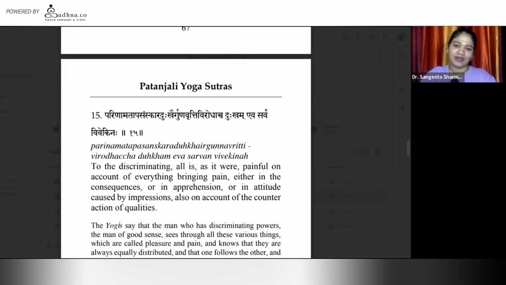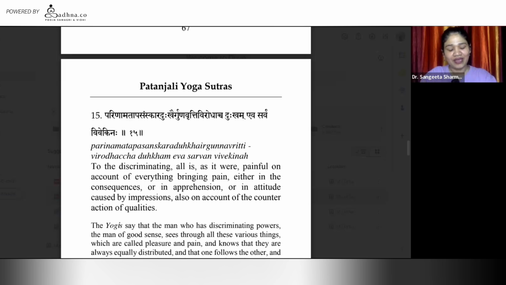Everything is pain. Everything which you are gaining, getting by avidya, by asmita, by raga, which is attachment, or by dvesha, which is jealousy, it will be painful. Dukkham eva sarvam. This is a very beautiful sutra. When I get a chance to explain this, I explain it with too many examples, because I can actually prove everything is with dukkha